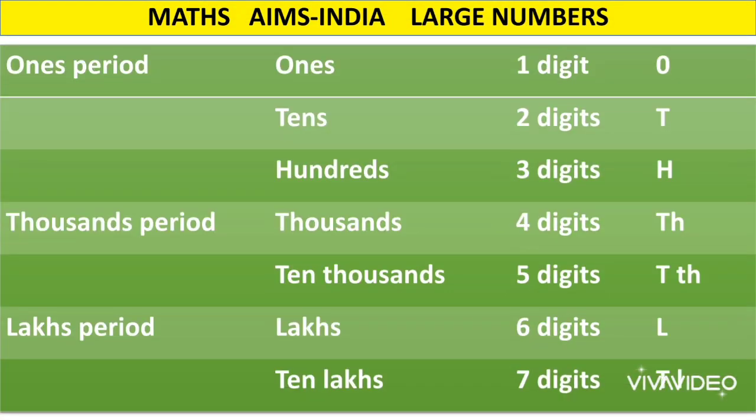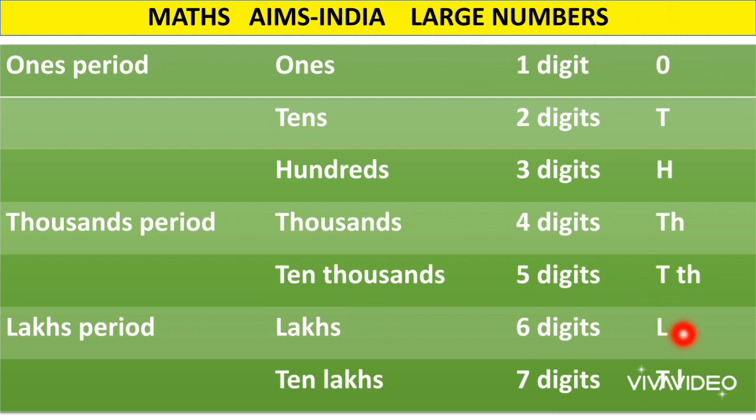Now look at this table here, children. This table sums up all the place values we have learned today. Starting from which is the first place value from the right side? Yes, ones. Then comes tens, then hundreds, thousands, 10,000s, lakhs and 10 lakhs. You might be wondering what is this 10 lakhs at the bottom? Don't worry children, you will know. You just need to remember that after lakhs we have a place value called 10 lakhs which falls under the lakhs period. That's it.